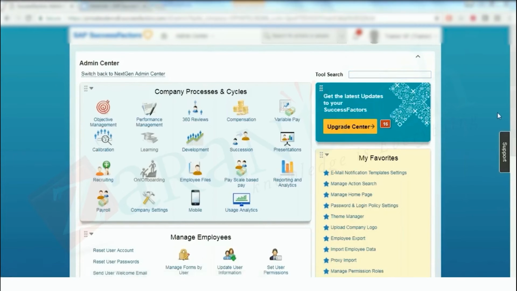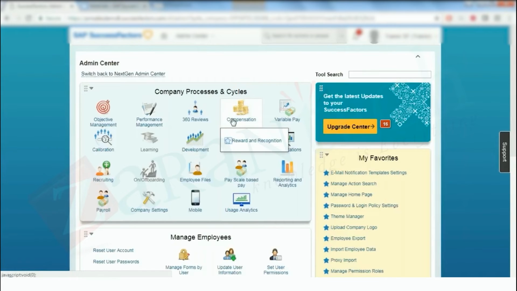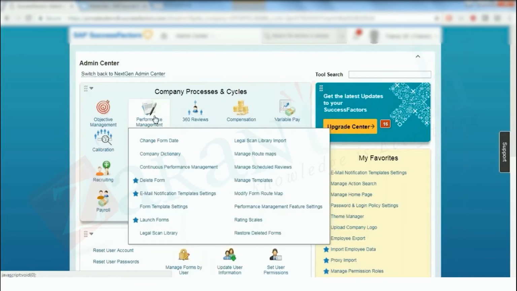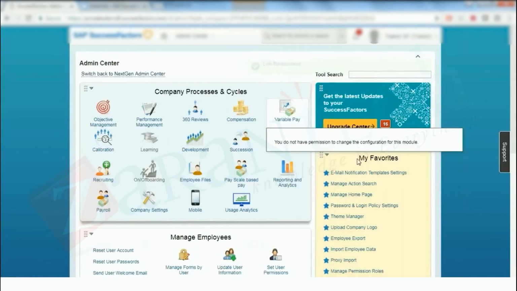We have one more section here called the favorites. So favorites is a place. You see here we have many config items. Okay, so if there is a PMGM admin who regularly has to launch the forms, delete the forms, etc., if that is his activity, then instead of every time going to these nodes, he can select the favorites. See, I see the star against every transaction that I have, I can have this option of selecting as a star. So whatever I select with this star will be added as a bookmark and will be added